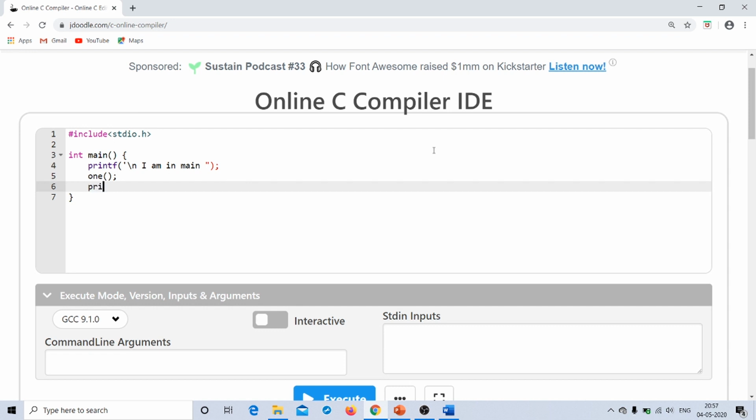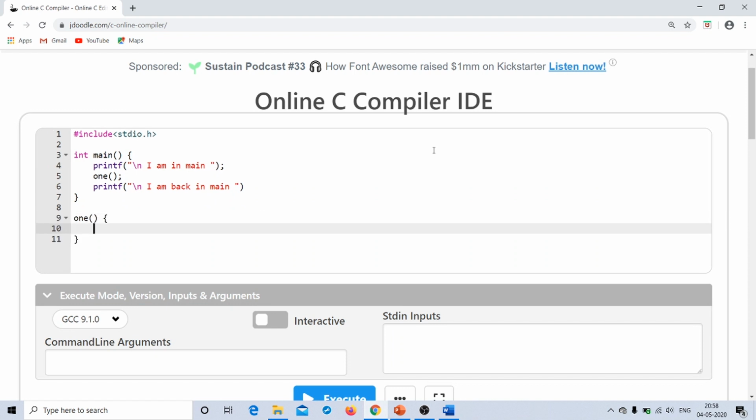And then once again I have a printf which tells me "I am back in main". Then I come down, and this is how you write your user-defined functions, which should be written outside the main. And then here I have